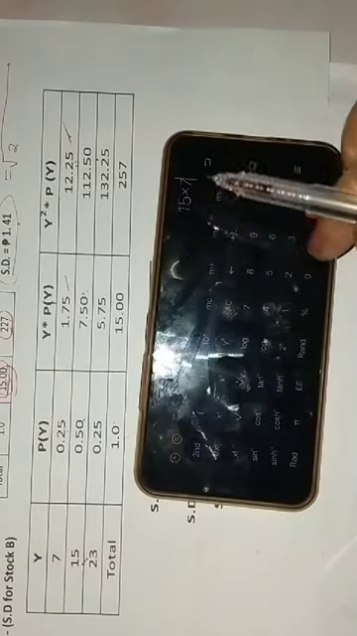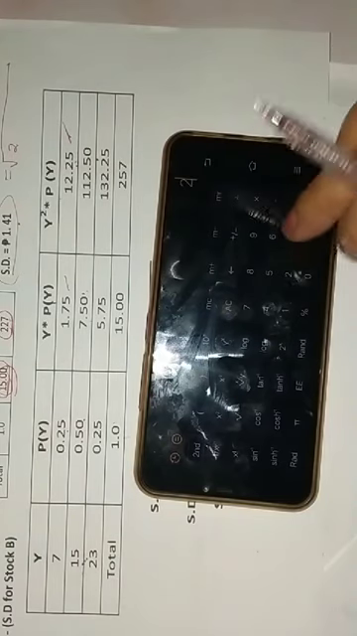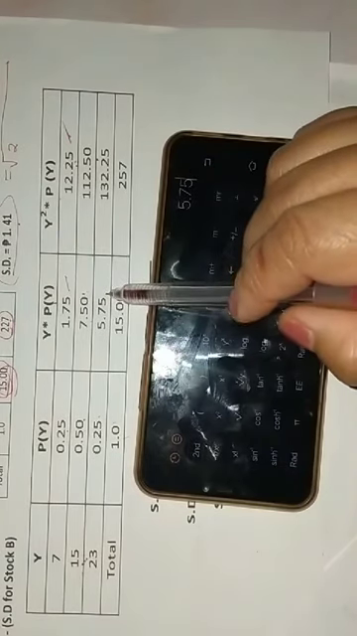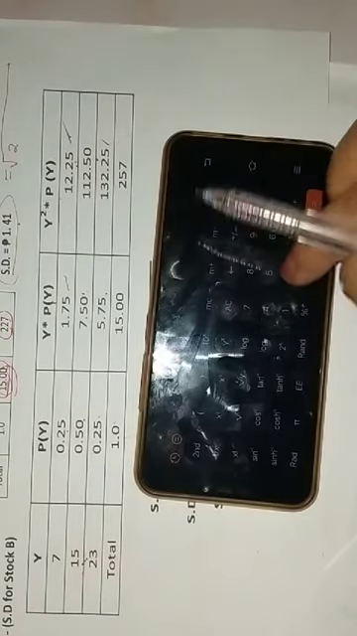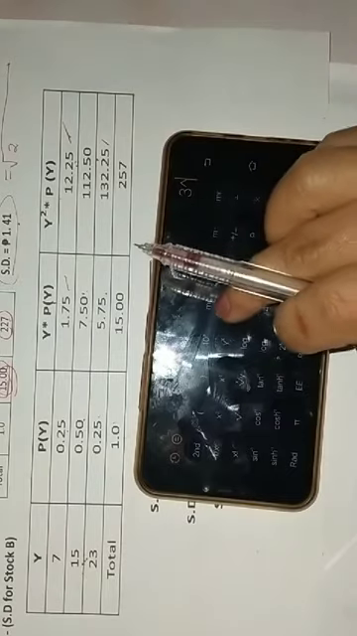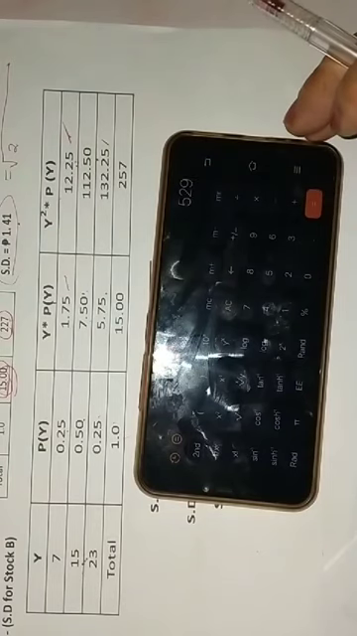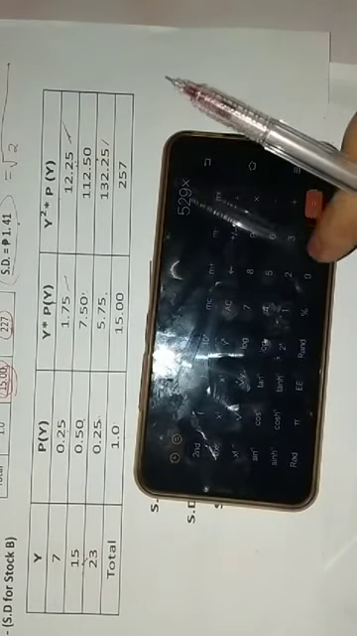15 times 7.5 is equal to 112.5. So, let's proceed to the last outcome. Outcome 3 is 23. We multiply it by its probability of 0.25 or 25%, which is equal to 5.75. And then 23 to the power of 2 is equal to 529, which we multiply by its probability of 0.25, which is equal to